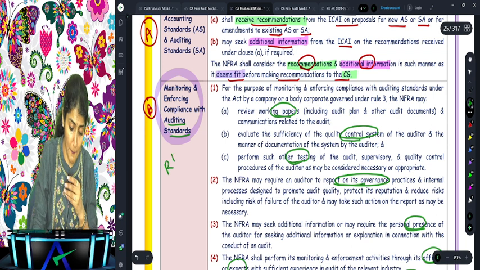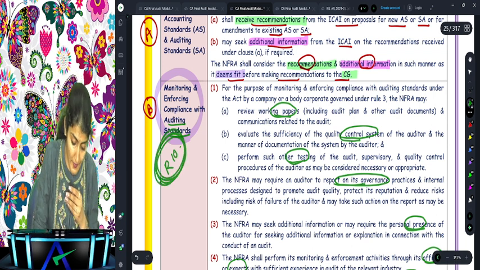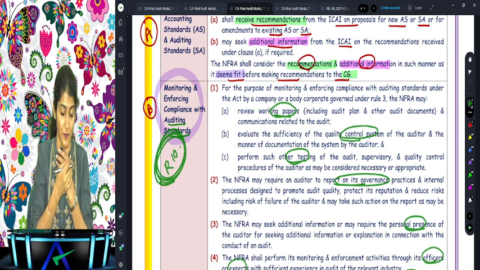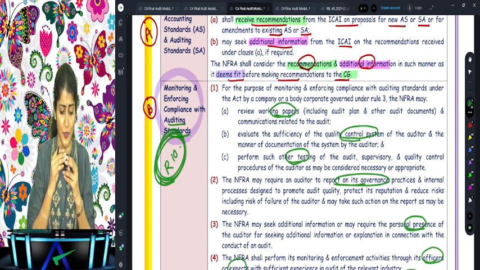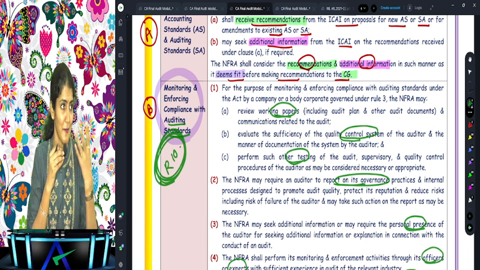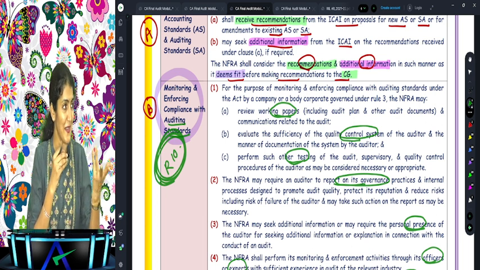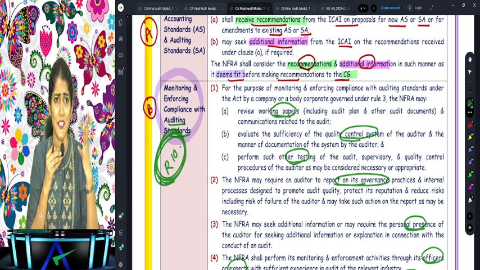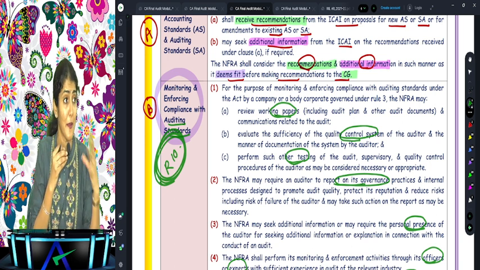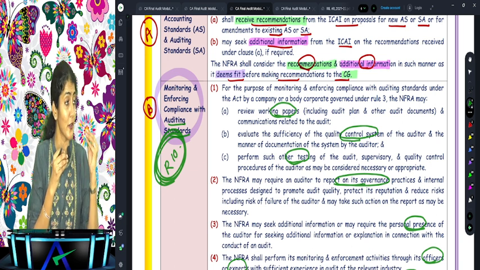I am waiting big time for a question to come on this one in the exam, because this is more of a possible candidate for a question. It's just a matter of time, a few years here and there. Doesn't matter to me, but matters to you, regarding when the question comes. But sooner or later, this question is bound to come in the exam. And nowadays, NFRA is making big noise. It's like the talk of the town.